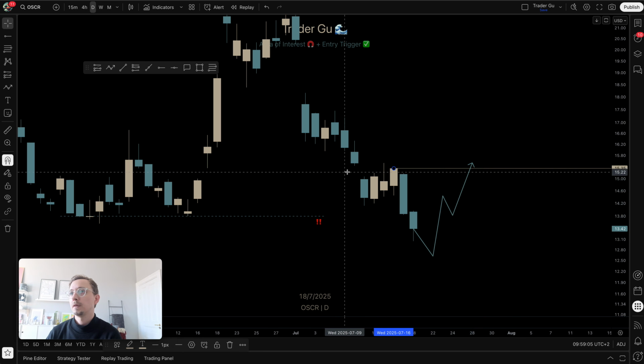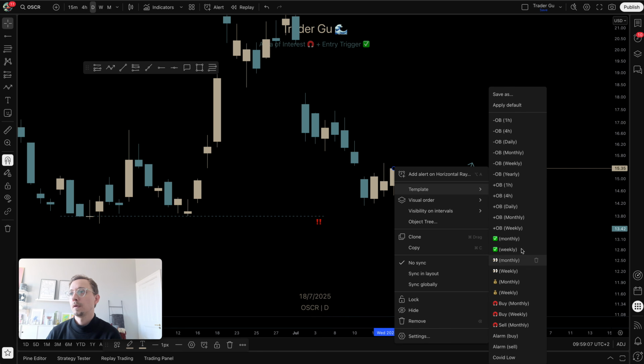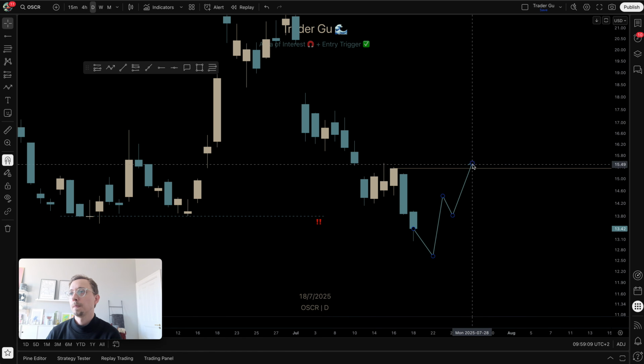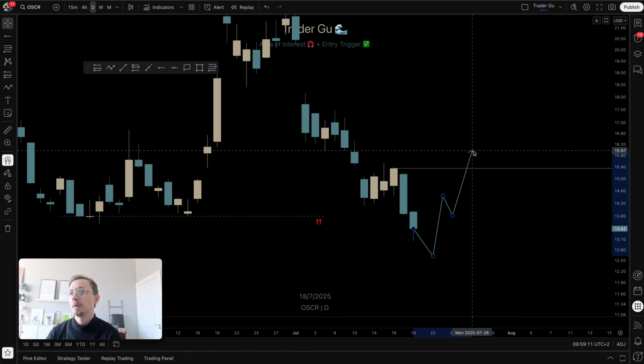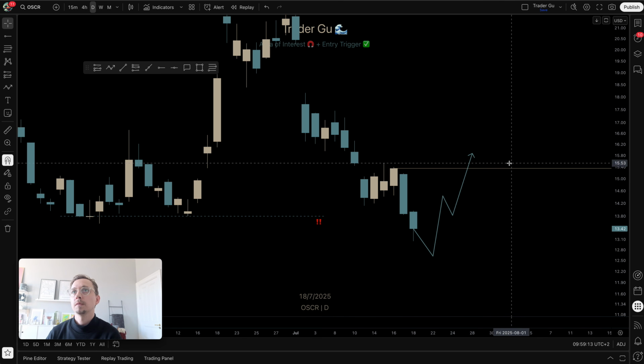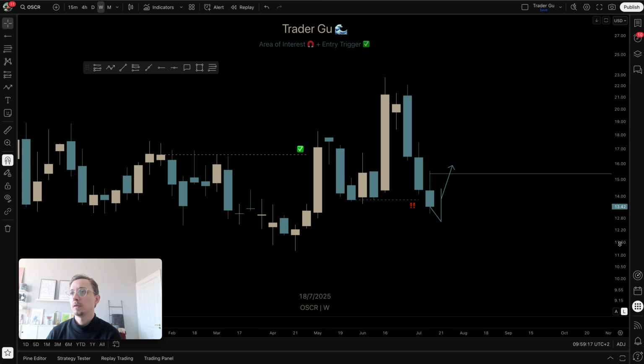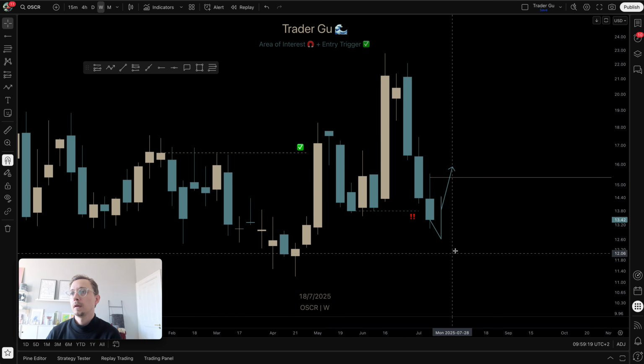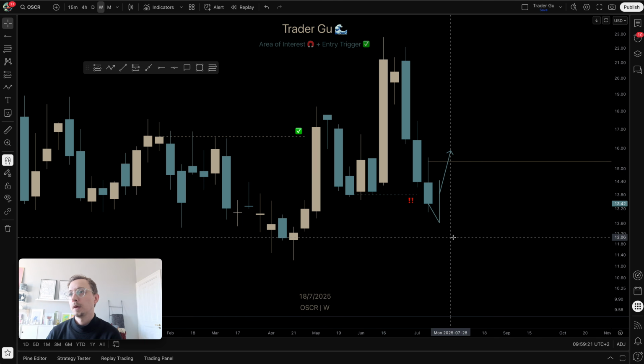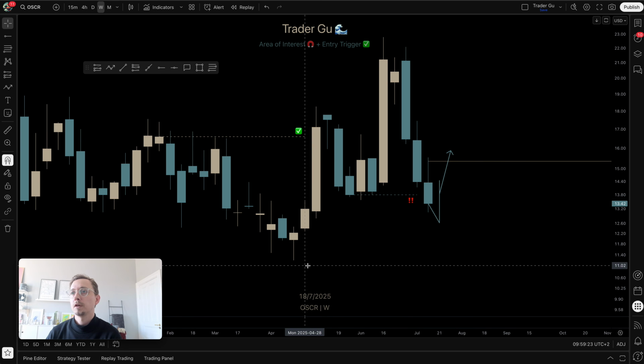and then closing the daily above the 15.35 level. And that might be a signal and a trigger for me to add to my position in OSCR. I will most likely keep my stop below my validation level on the monthly time frame,